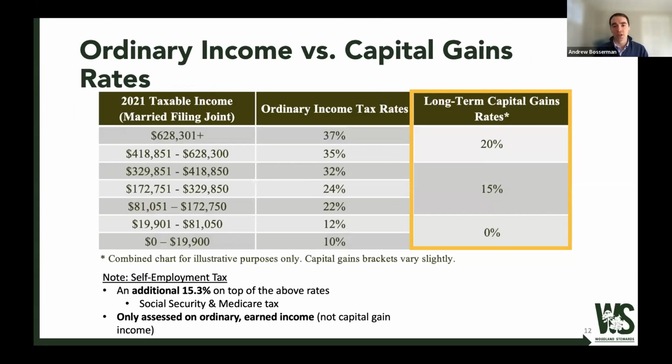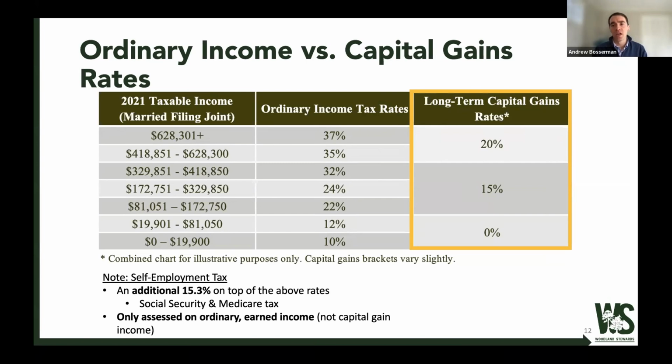Let's just look at the rates very quickly. On the leftmost column, you'll see the current tax brackets if you're married filing joint, and these are 2021. So as you're filing your tax return this spring, these are the income tax rates. The center column is the ordinary income rates I just described, from 10 to 37%. And then on the right, which I've boxed and set out, are the long-term rates that range from 0